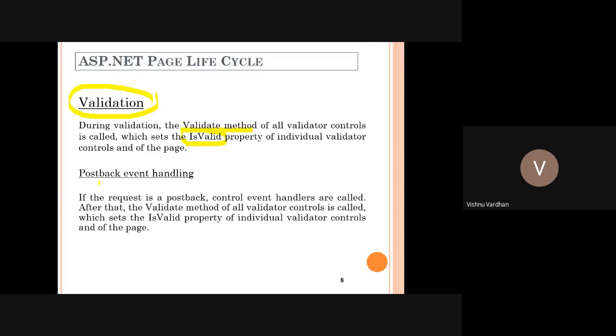Then after this particular event and after this particular validation, postback event handling can be called if the request is a postback. So as I have told, the first one is executed only when it is the first time execution. Then onwards, the corresponding 2, 3, 4, these are the subsequent requests.